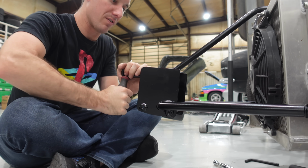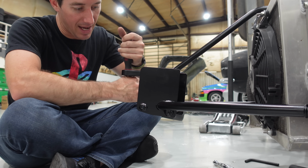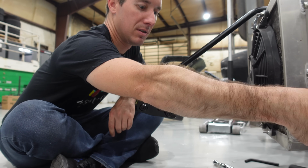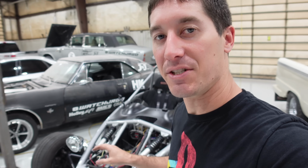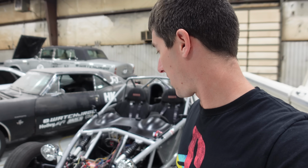Might even bend the screwdriver. Woohoo! Tow hook achieved. Now, I think a lot of racing classes you have to have the tow hook. So, that works. I've had this part since the day I got the car. It's been over a year, and the entire time I planned on doing this. I really wanted to install it on the car, and I looked at it one time and was like, oh,